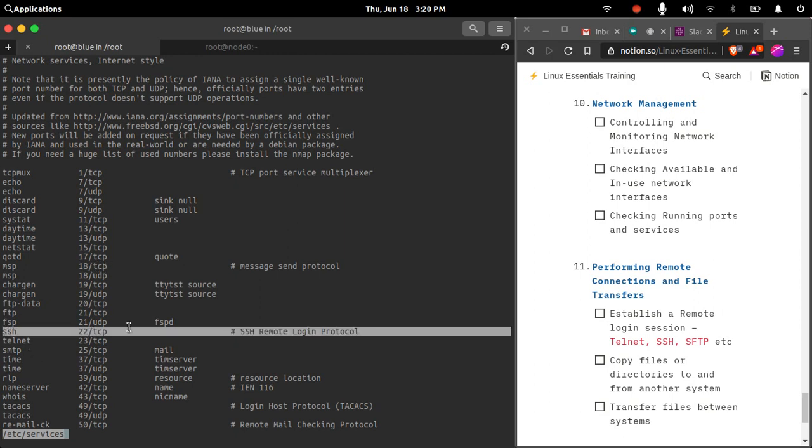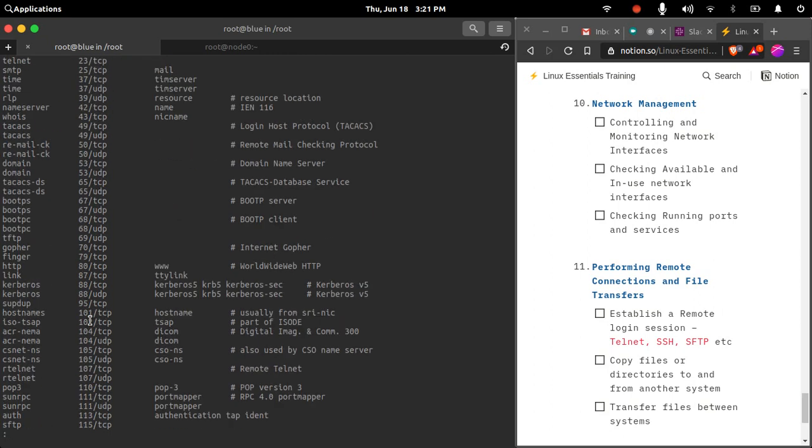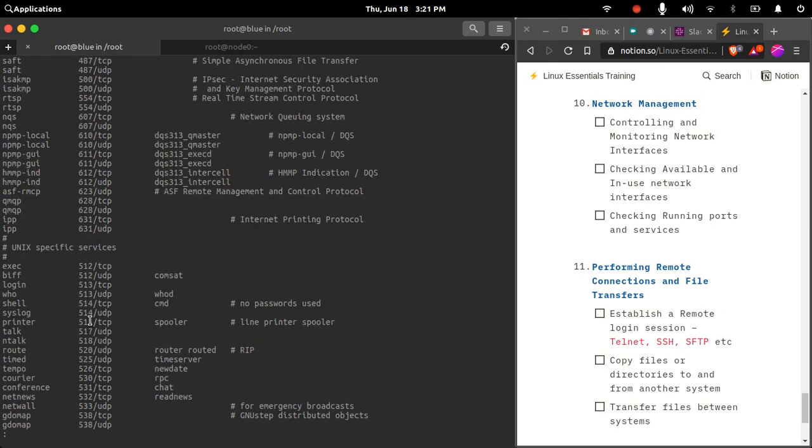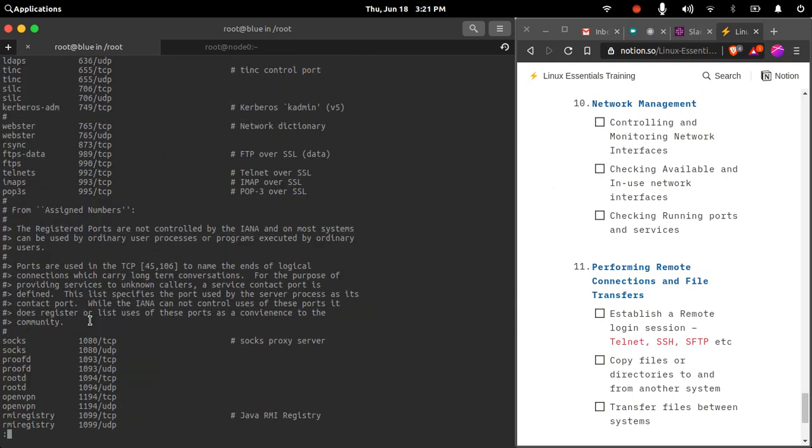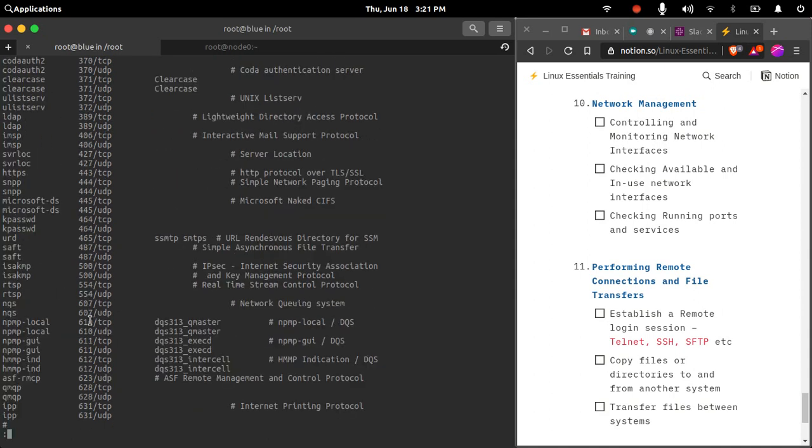SSH will always run on port 22 by default. You can even configure it to run on some different port, but it uses the TCP protocol and it runs on port 22 by default. Similarly, Telnet runs on 23. SMTP is the mail server which runs on port 25 by default, and a few common ones are also FTP. So FTP, file transfer protocol, also uses 21 by default. So there are a lot of services. It is defined by default which service will use which port, and this is dedicated by default.